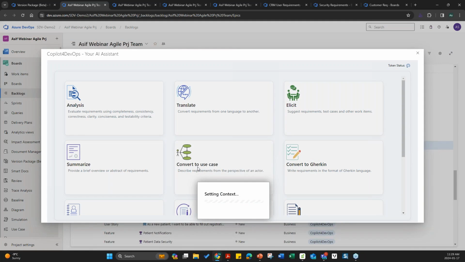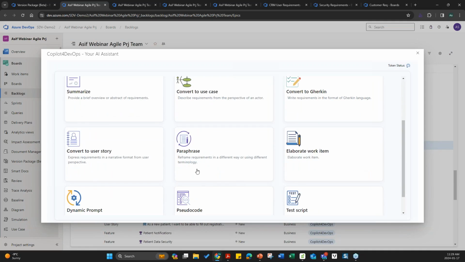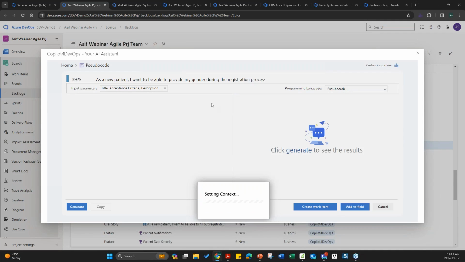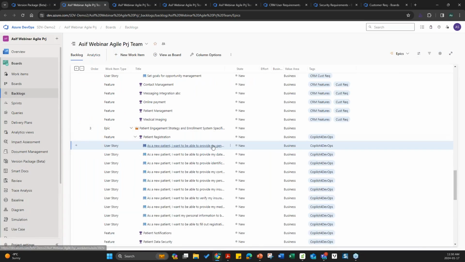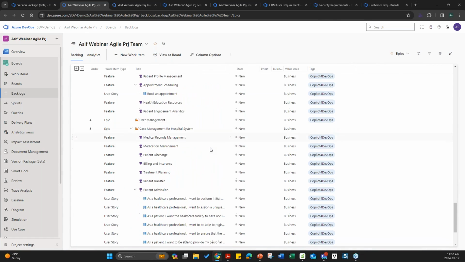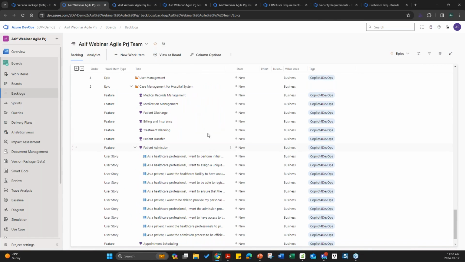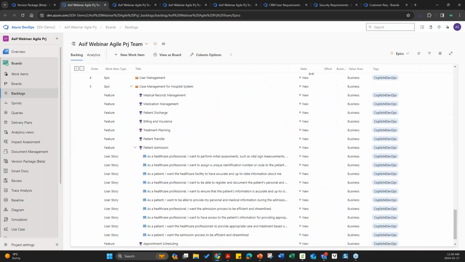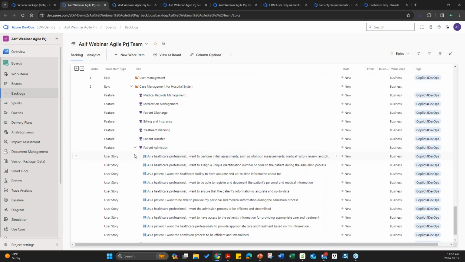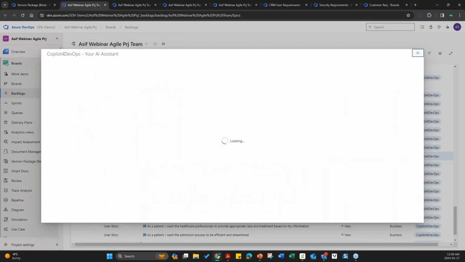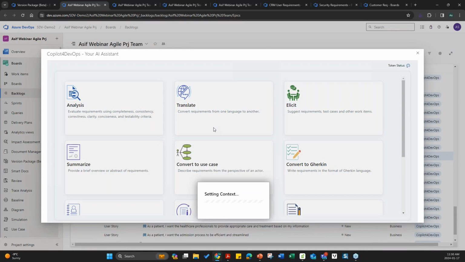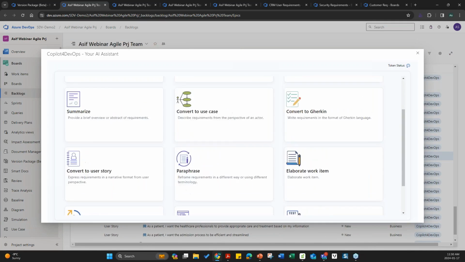And we'll go to pseudocode and say, okay, I want... "provide my gender" is too simple a requirement. Let me pick something more interesting. Yeah, so let's pick this one, right? I'll pick this requirement and go into here, and for that requirement, which is much more interesting,